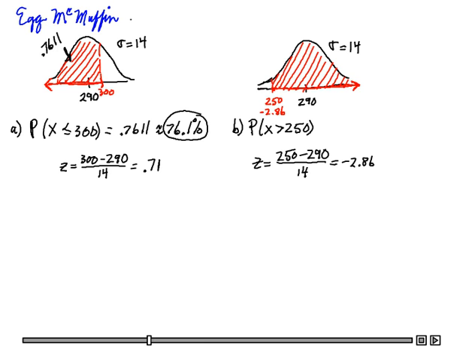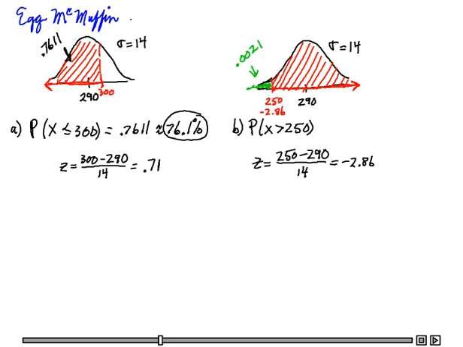So when I look up a negative 2.86 in the table, that is going to be on down to row negative 2.8 and then across to column 0.06. So the table value, I'm going to shade in green here, is